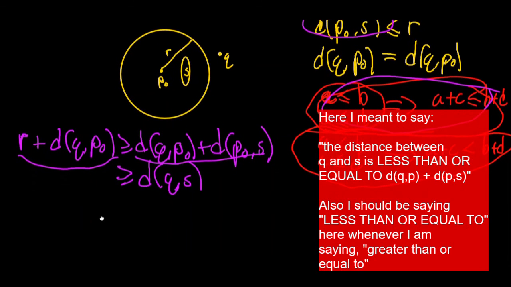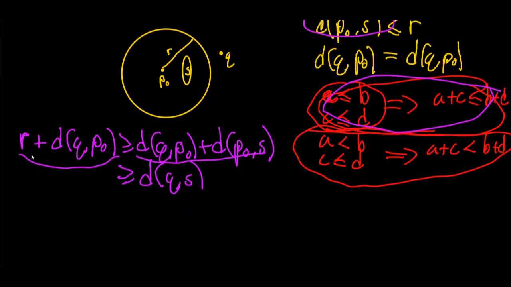So we can say the following: this inequality holds for any arbitrary S in our bounded set S. Therefore, we can say that S is in the closed ball of center Q and radius R